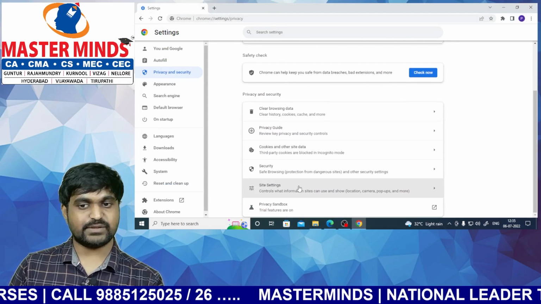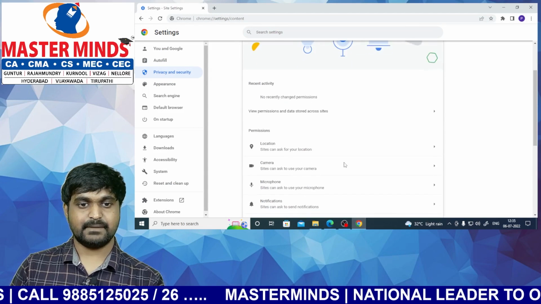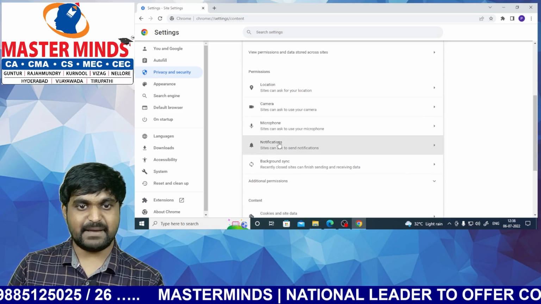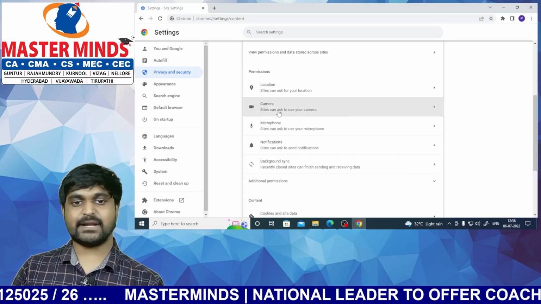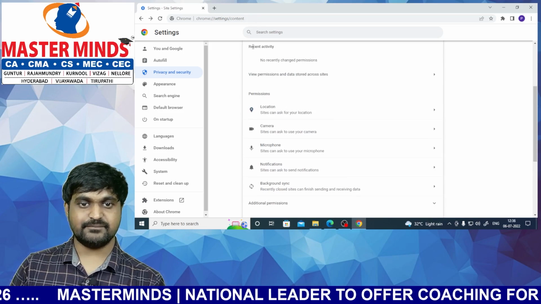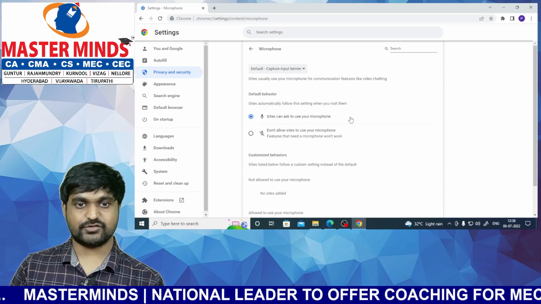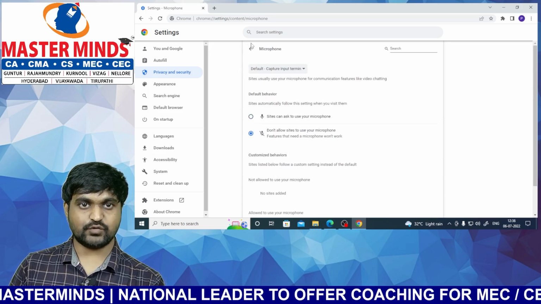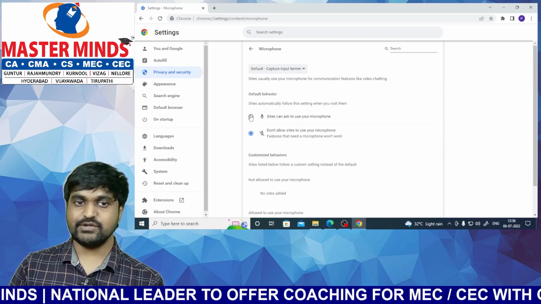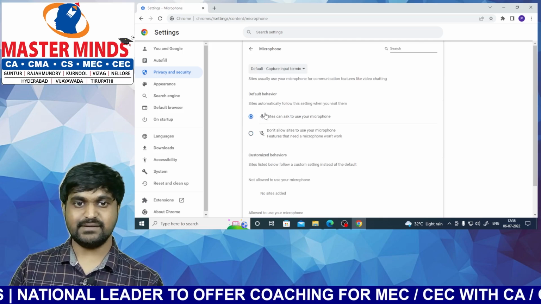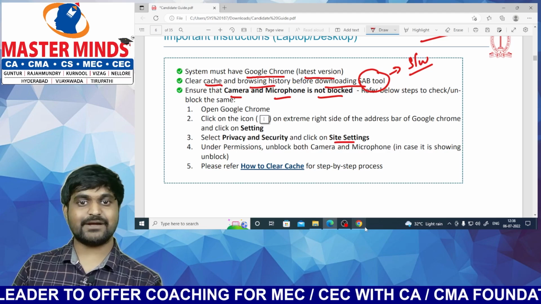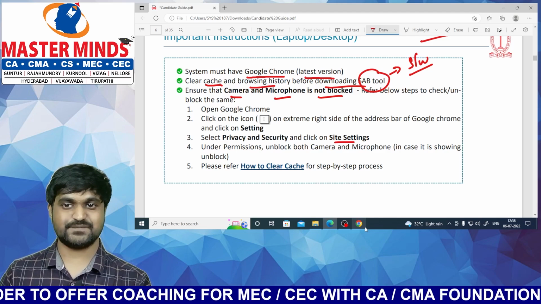Here we can find site settings and see here location, camera, microphone. But we want only camera and microphone. So camera, yes, it is working. Microphone, it is also working. If it is not working, then it will show like this. Then you should click on this option. So this is how we need to ensure whether the camera and microphone are blocked or not.